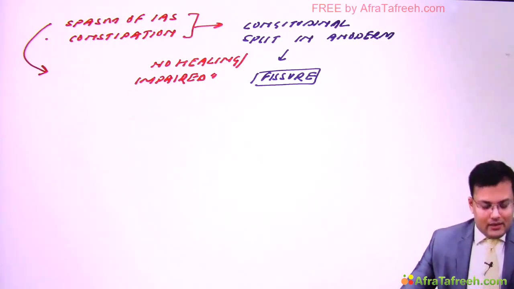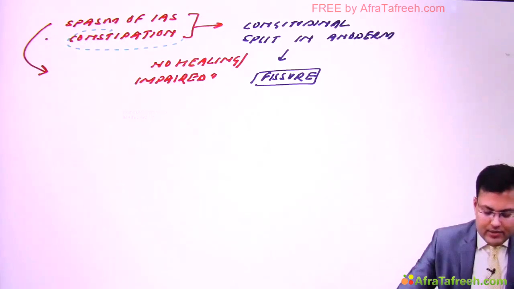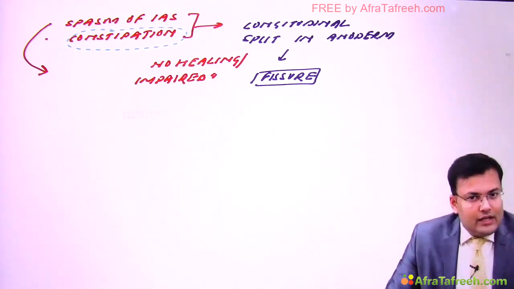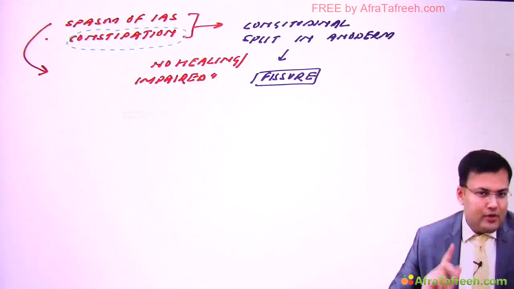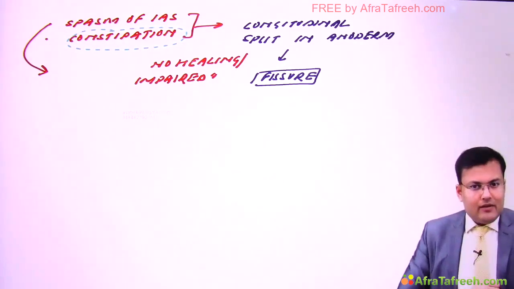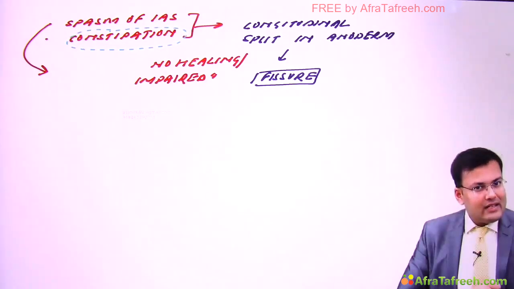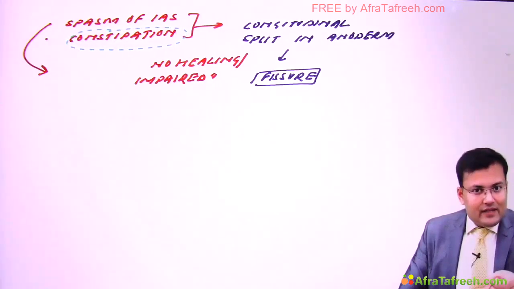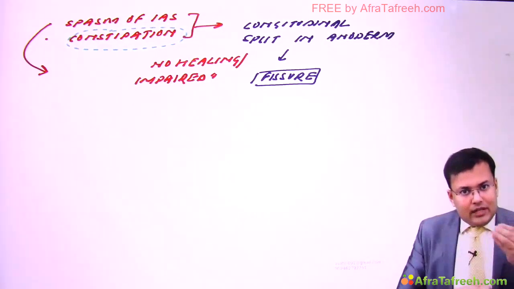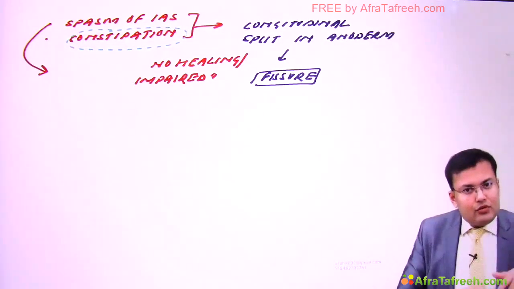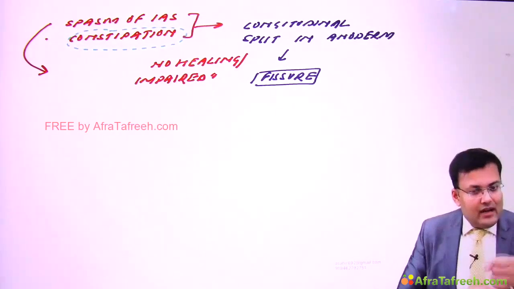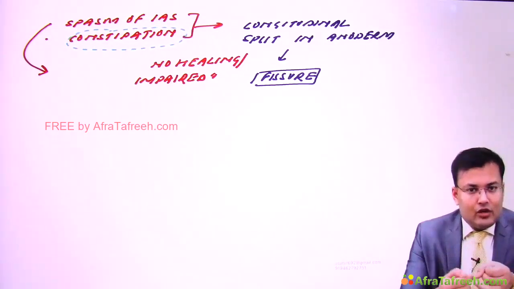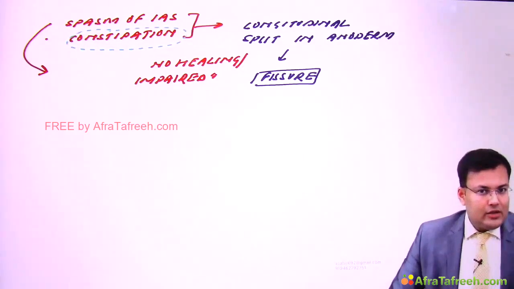So in the management, we are supposed to treat constipation, and we have to relax the spasm. See, this fissure in ano is very similar to achalasia cardia. You remember achalasia cardia, in which there is spasm of the lower esophageal sphincter, LES, and in fissure in ano there is spasm of the IAS, internal anal sphincter. In achalasia cardia, the food was not going to the stomach, so the patient had dysphagia. And here, there is difficulty in passing fecal matter, so things are not going out. Pathophysiology. Now see the management.